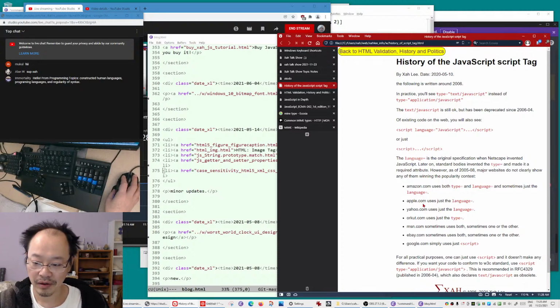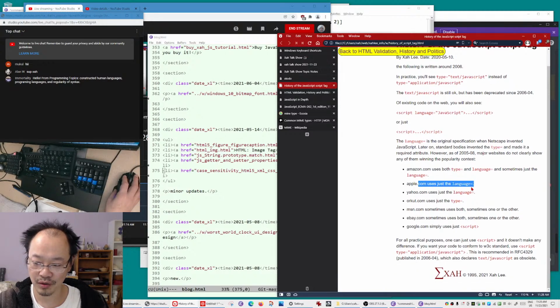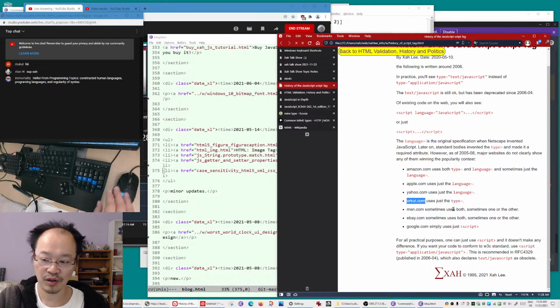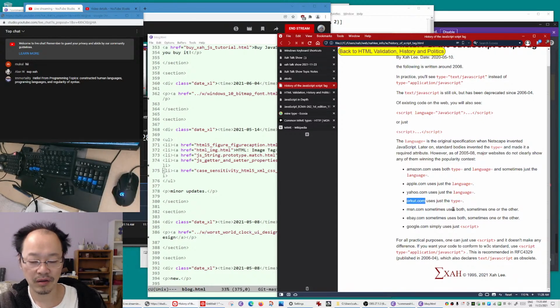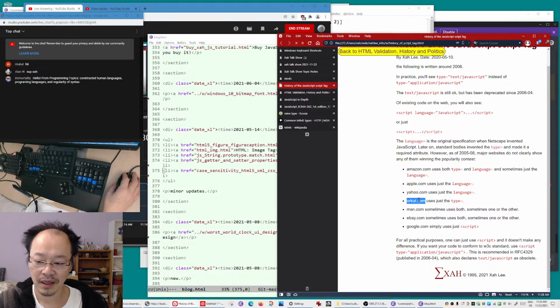Apple.com uses language equals. This is old school. Language equals is the very first way. Yahoo uses language equals. Orkut.com uses type equals. Now, you may not know what Orkut is. Orkut is Google's very first social network, around 2004.